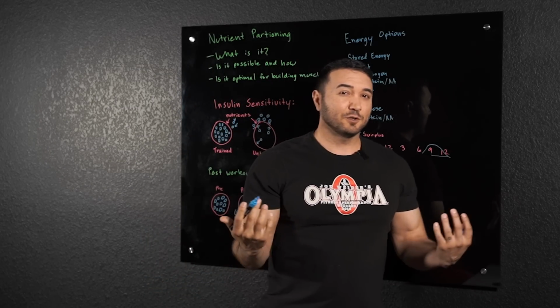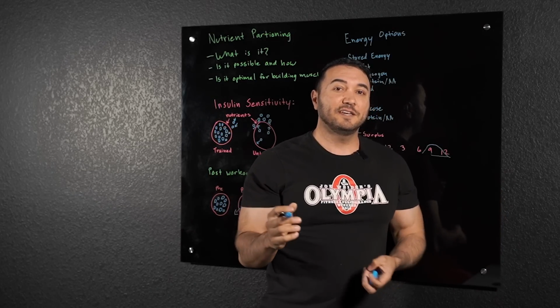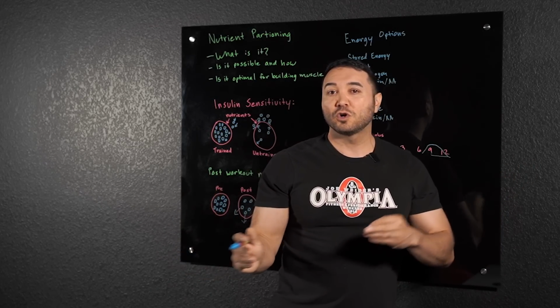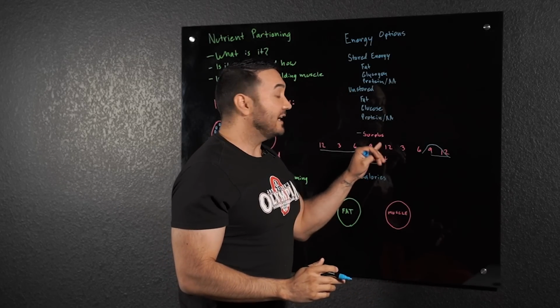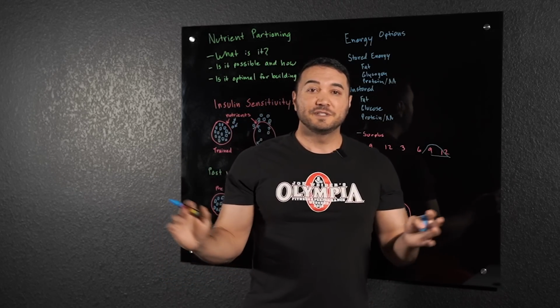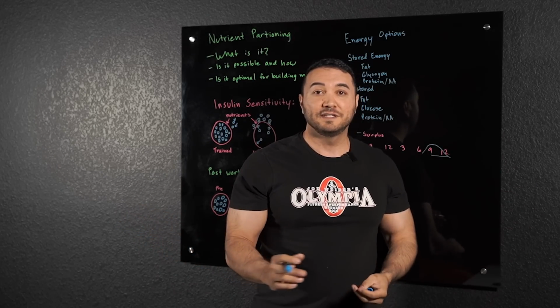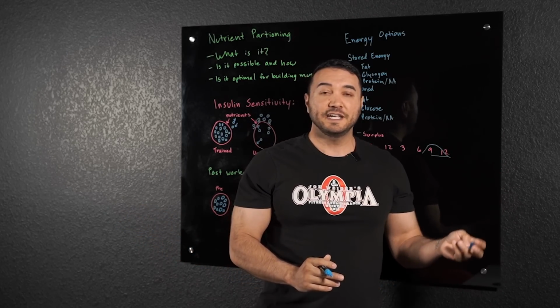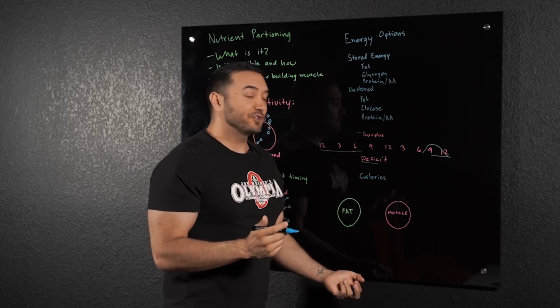But that person's in a caloric surplus. That person's gaining muscle, right? Because why? Because we think if we eat more calories than we burn, we're always in a surplus, but that's not the case. This person could be eating 5,000 calories a day and have a total calorie burn throughout the day of 3,000. So a 2,000 calorie surplus this person has, and they're like, oh, I'm in a surplus. At points of the day, yeah, you're in a surplus.